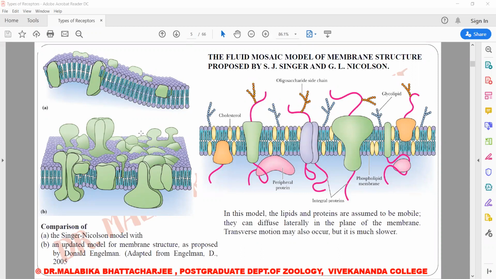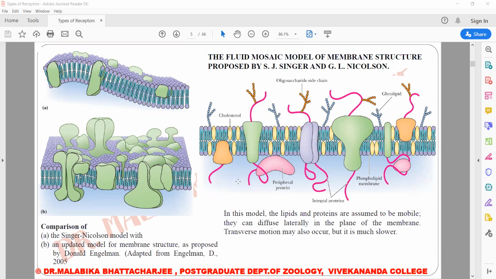So we are now moving on to the fluid mosaic model for the structure of biological membranes, as was proposed by Singer and Nicolson in 1972. This is a very simplified view. If we look into the simplified view, there is a lipid bilayer. We'll be coming one by one. There are peripheral proteins. Look at the orange blotches. And then we have these integral proteins. These are the transmembrane proteins moving from one side of the membrane to the other side.